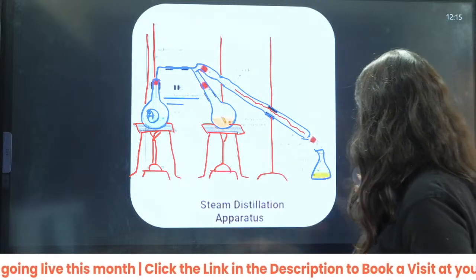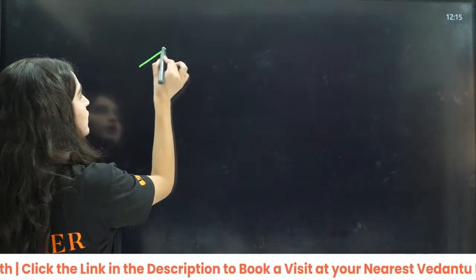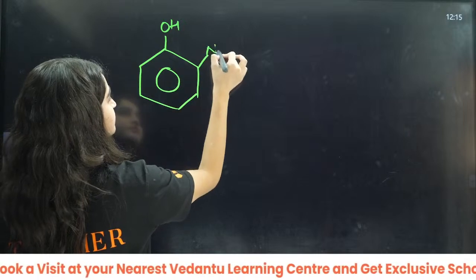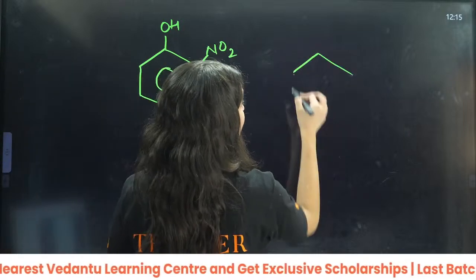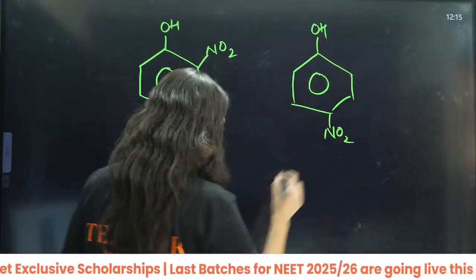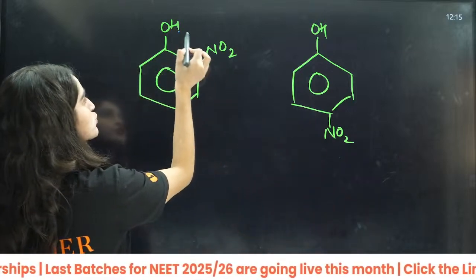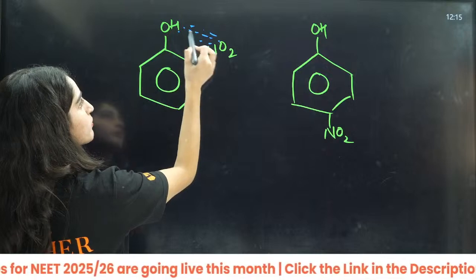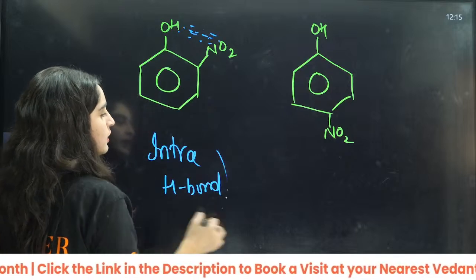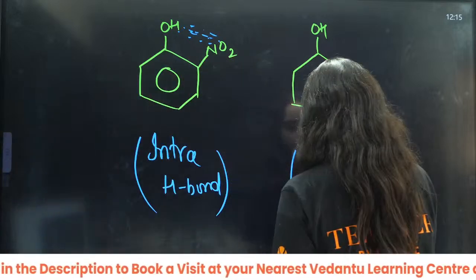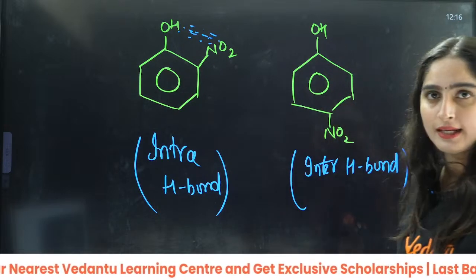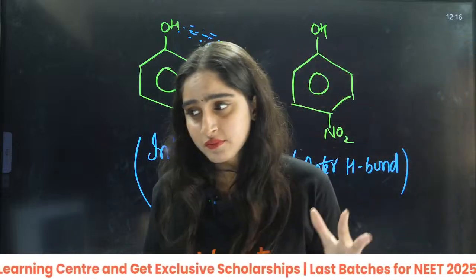For example, you have two things here. You have orthophenol, and you have metaphenol. Okay, this is your orthophenol. And then you have paraphenol. This is your paraphenol. I know in orthophenol there is hydrogen bonding involved. So there is intramolecular hydrogen bonding here. This is your intermolecular hydrogen bonding. Now from this I can say one thing, that because of intramolecular hydrogen bonding, it is so